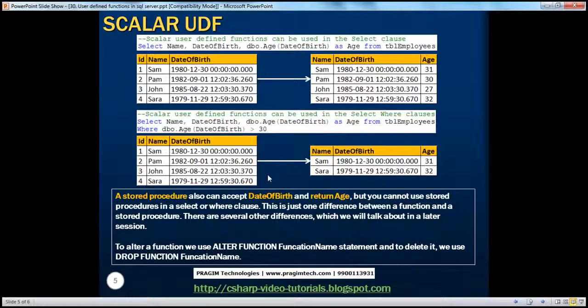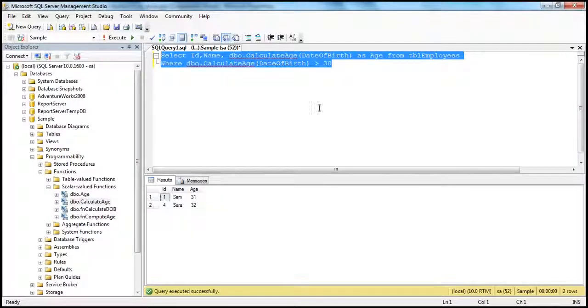Okay, now if you look back, we have also spoken about stored procedures in the past. Now whatever we have achieved using this scalar calculate age function, we can also achieve it using stored procedures. We can write a stored procedure which takes in, if you want, you can quickly convert